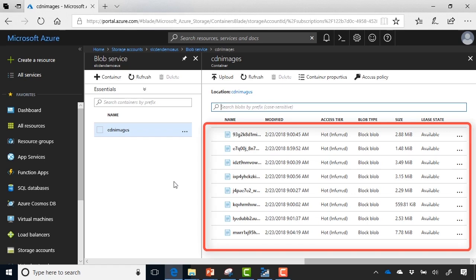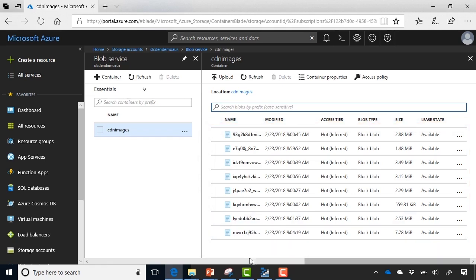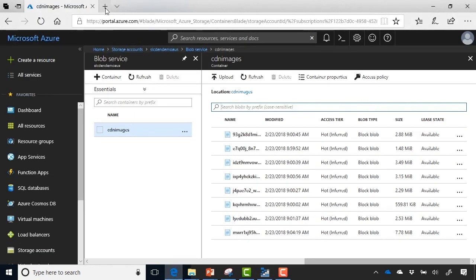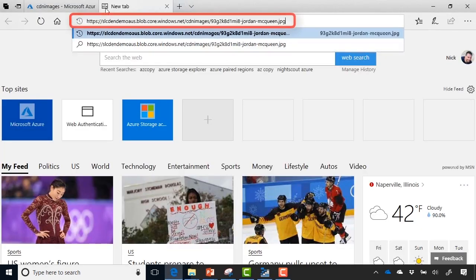So to kind of show you one of the images, first of all, let's go over to Storage Explorer. This is just a quick way to grab an image URL. So we'll grab this top one, copy the URL. I've made these all publicly accessible for this demo, and in my browser I'm going to paste that image,